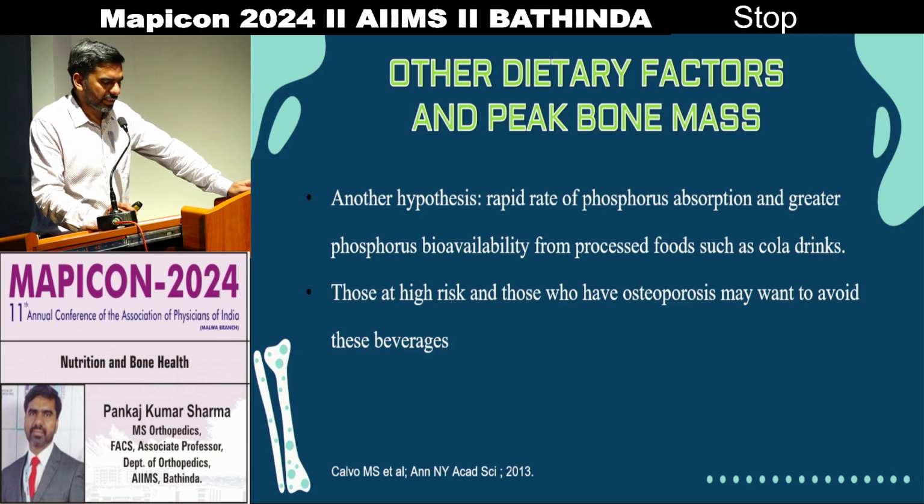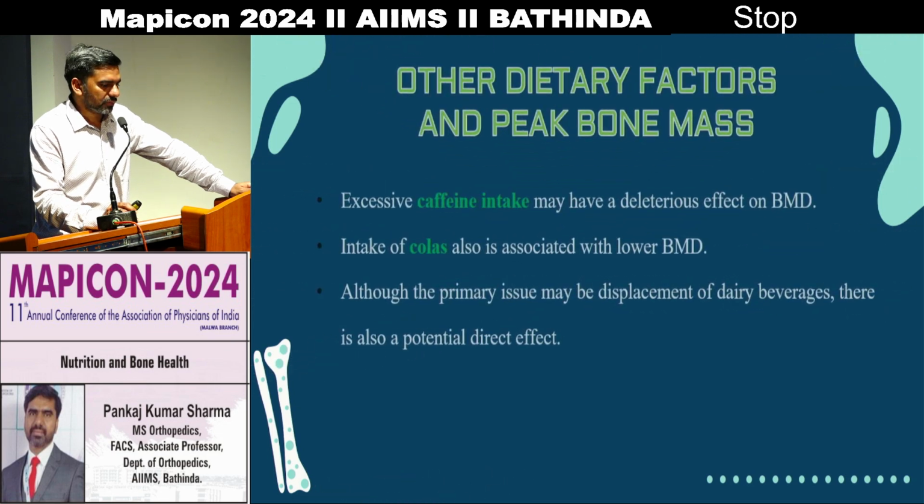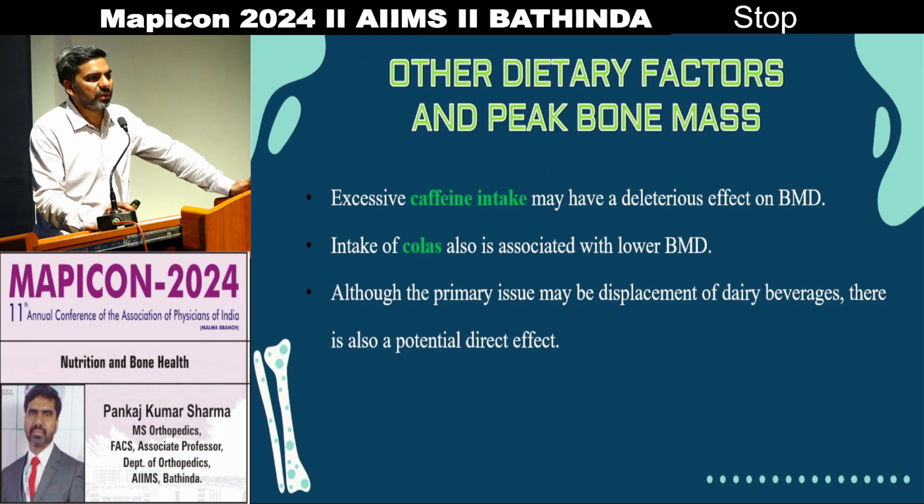Then phosphorus availability is also affected very much by the drinks. And in old age, if you are taking soft drinks or these kinds of drinks, it is affected much more than in adolescence. So if you are getting old, then you have to leave these drinks. If you are getting muscular pain and body pain, then you have to leave these kinds of drinks. Then caffeine intake, which is very common, in the form of coffee and tea. In India, we have a habit of taking coffee and tea very frequently. It also deteriorates the BMD.